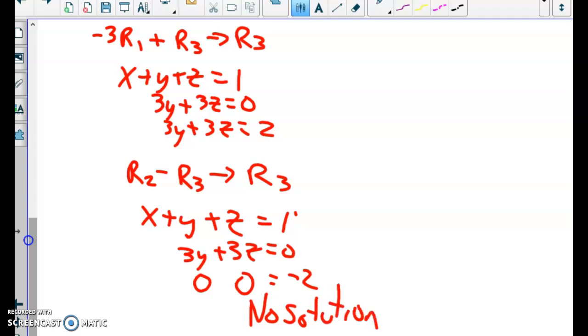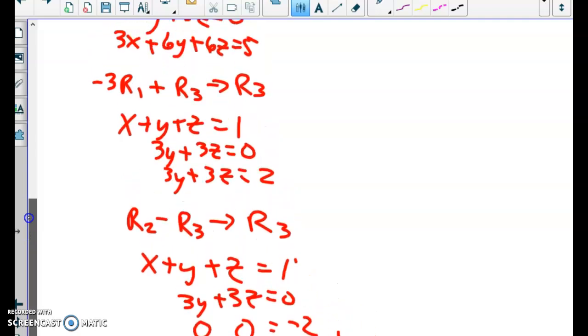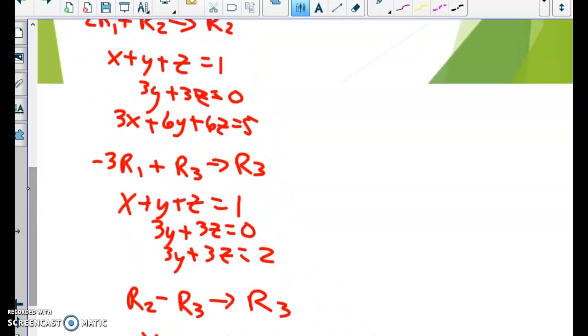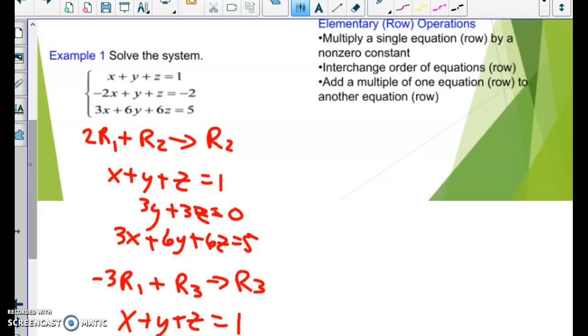So that's how we do those elementary row operations. Now, can we do it without writing so many? Can we do it just by using the coefficients? So instead of having to write all the x's, y's, and z's, can we write that as a matrix? So if I rewrite this first one as 1, 1, 1, 1, notice instead of putting the equal sign in there,